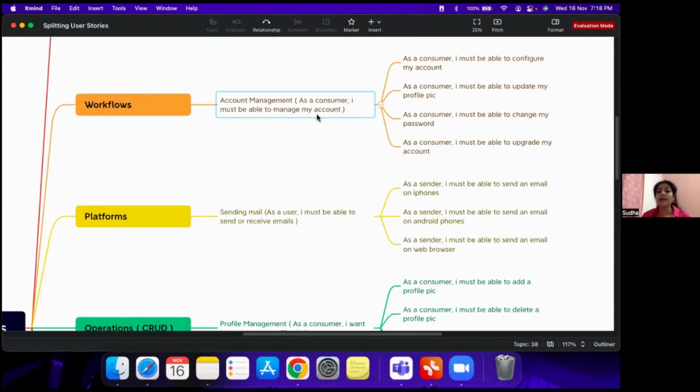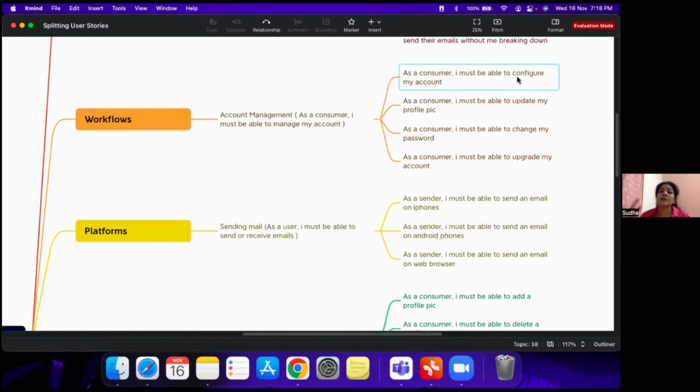I should be able to manage my account. What are the various things I would like to do with the account? I would like to probably edit my details. I would like to probably put up a picture, change my address, add some notes about the individual, lots of things, or change the password very frequently. So these things come out when you're brainstorming with your